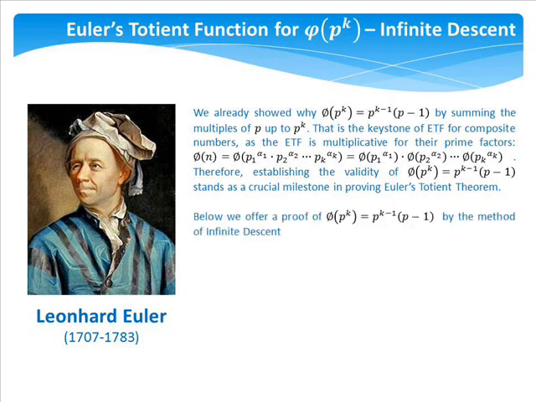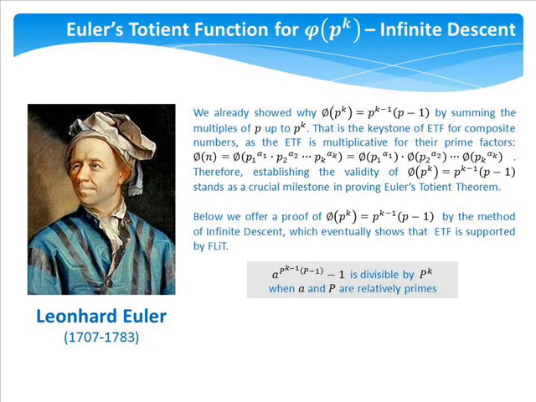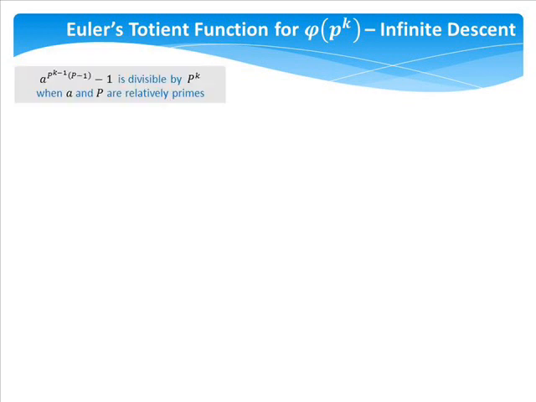Below, we offer a proof of the totient function of p raised to k equals p raised to k minus 1 times p minus 1 by the method of infinite descent, which eventually shows that Euler's totient function is supported by Fermat's little theorem. That is, we show that a raised to p minus 1 times p raised to k minus 1, minus 1, is divisible by p raised to k when a and p are relatively prime. To initiate,